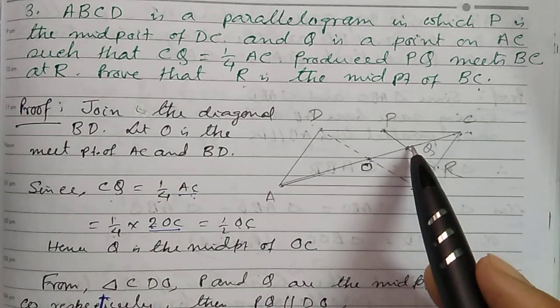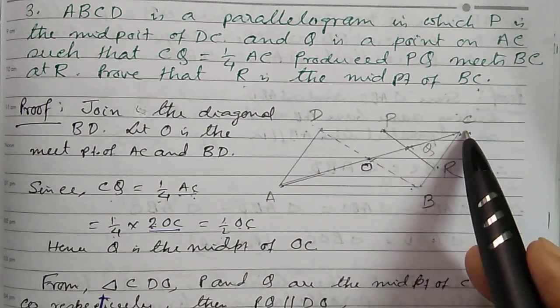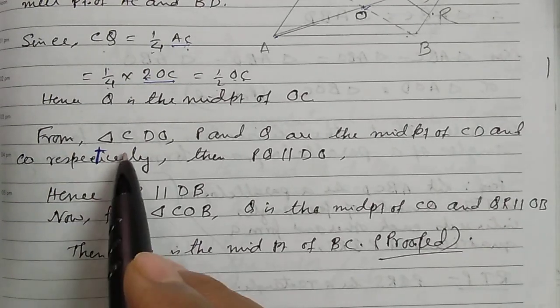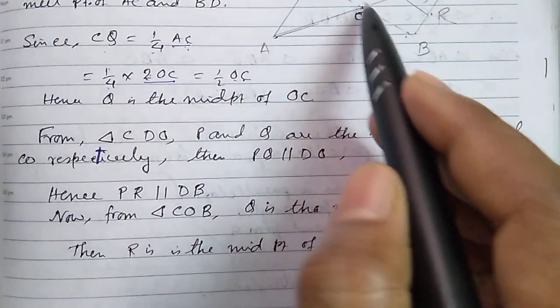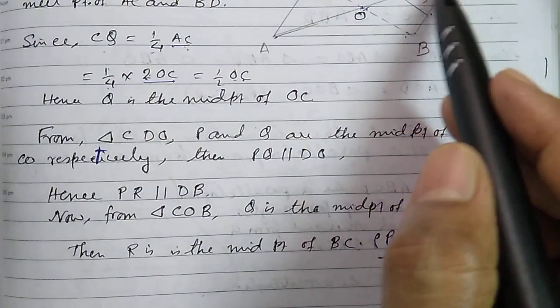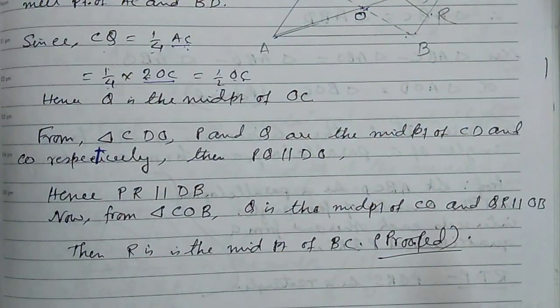That means Q is the midpoint of OC. Hence, from triangle CDO, P and Q are the midpoints of